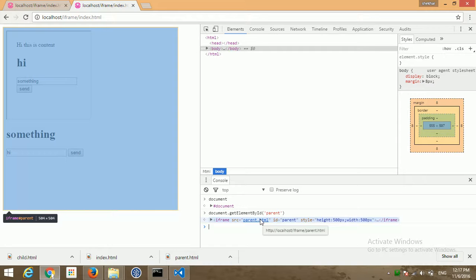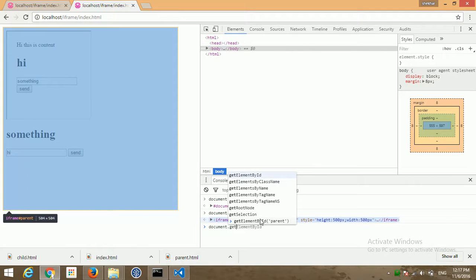Whatever we have here, we are getting only the parent.html. Now if I do document, from here you cannot access the IDs inside child.html. Document.getElementById parent .contentWindow.